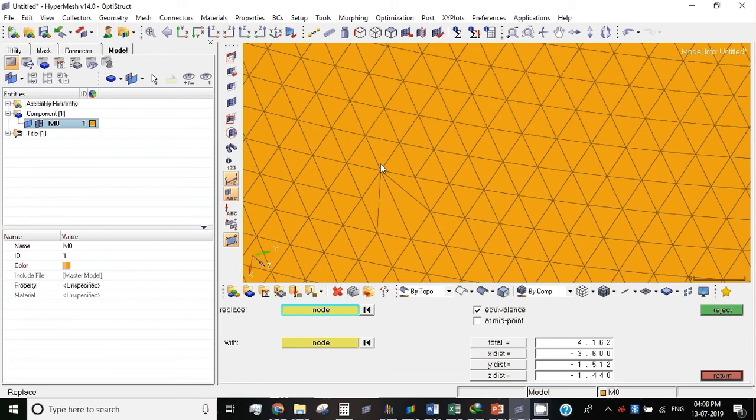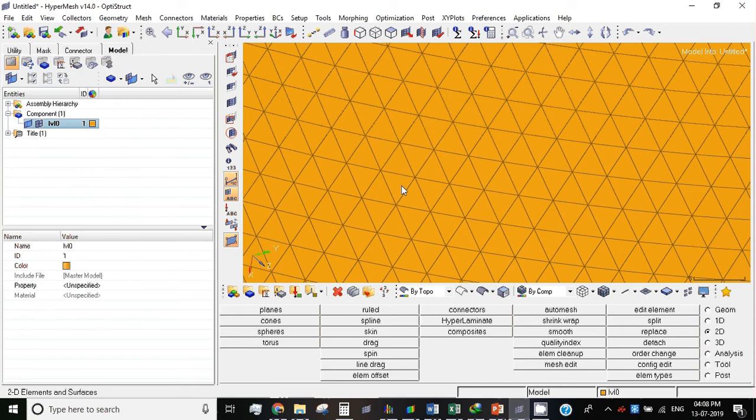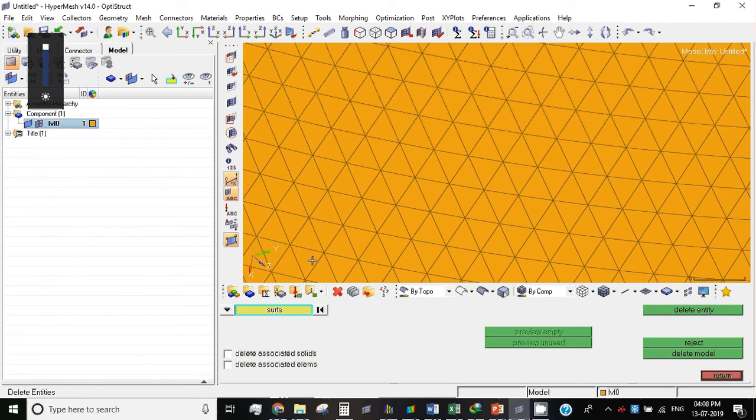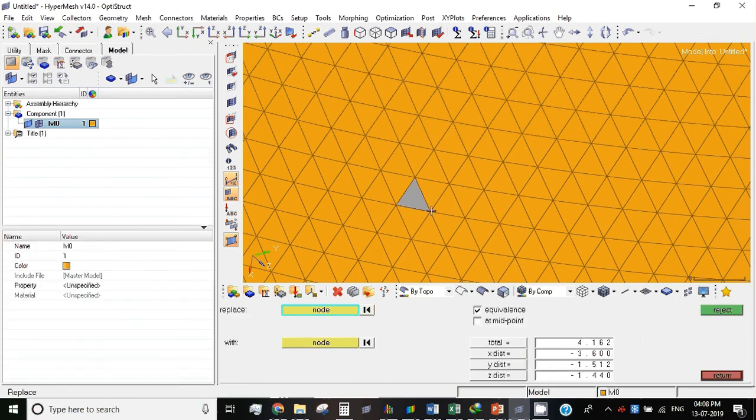So what we can do is, see, now I'll select elements and delete one element. Now there are 3 free edges, right? I'll go to F3 and merge this node with this node. See, there's no free edge now. Reject now, I don't want that. I did Control Z. Okay.